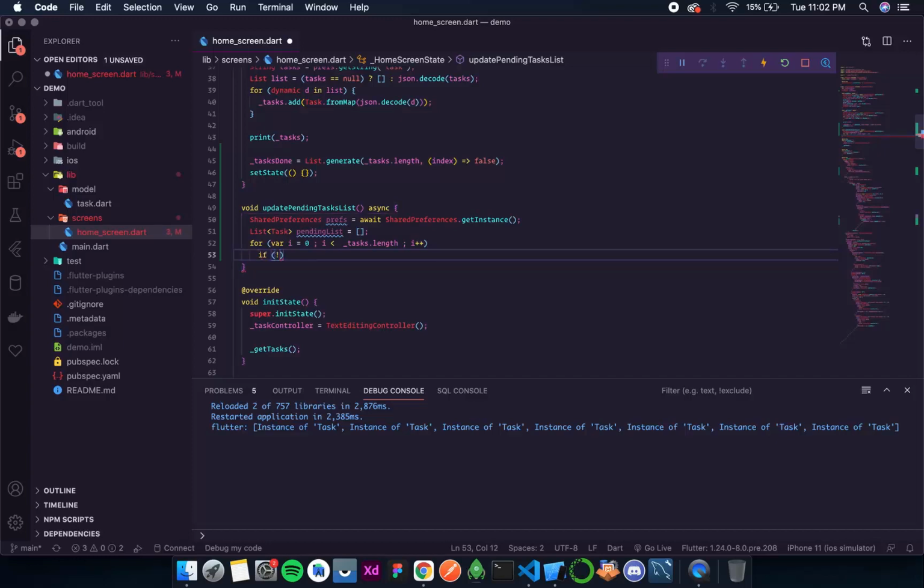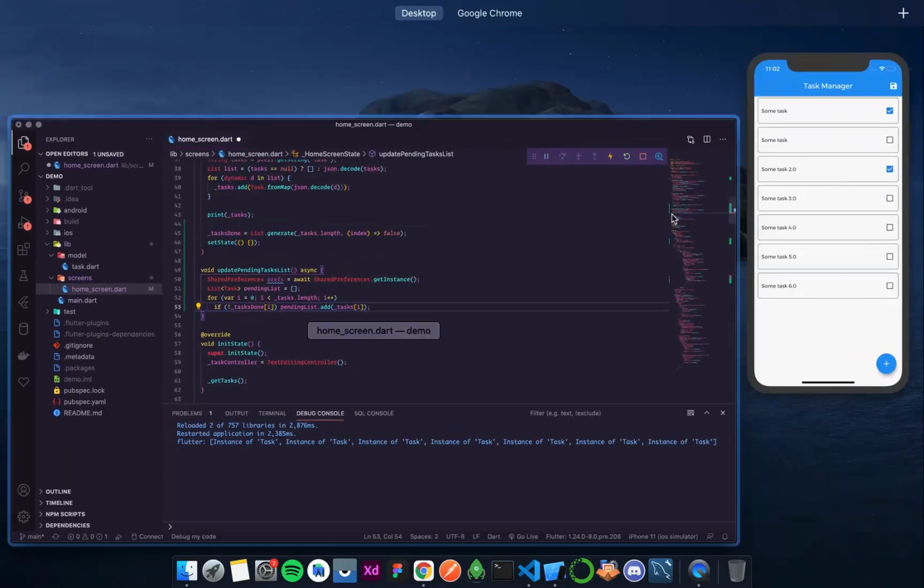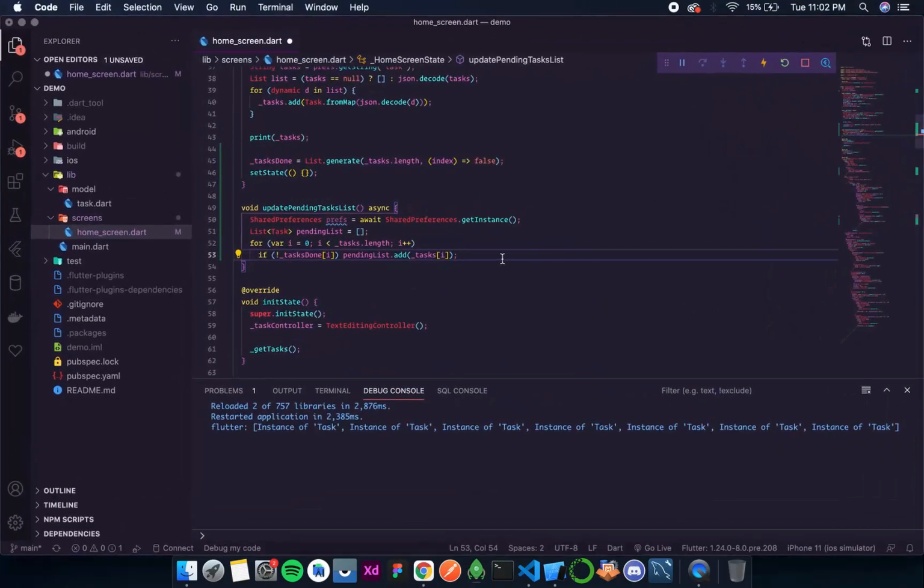If not tasks done i, then inside the pending list we add the task, so that is tasks i. So this is done. Now after execution of this statement, we get the pending list, that means all the tasks which are not checked. Then we finally save that in the shared preferences.